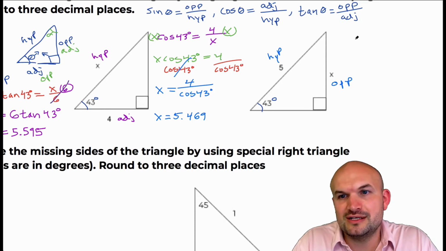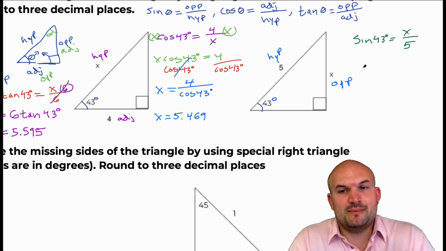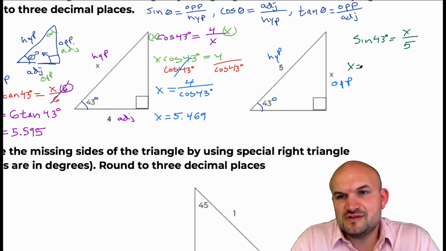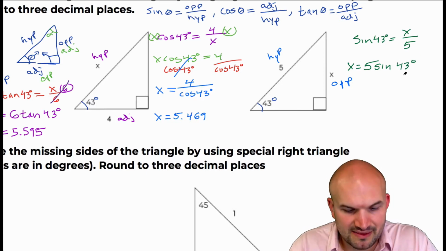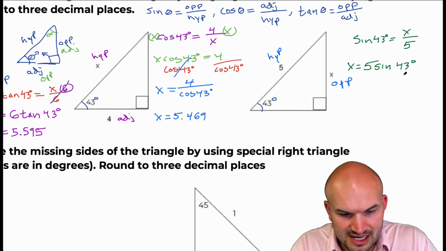So I'll just write out the relationship. Let's use green again. So we have sine of 43 degrees is equal to opposite over hypotenuse. Now in this case, I'm just going to multiply by 5 on both sides. So to save some work here, I'll just write 5 times the sine of 43 degrees. So I'll just type in 5 times the sine of 43 degrees. And I get